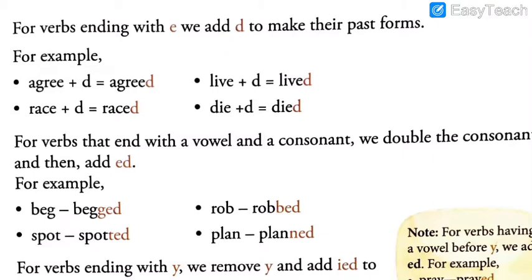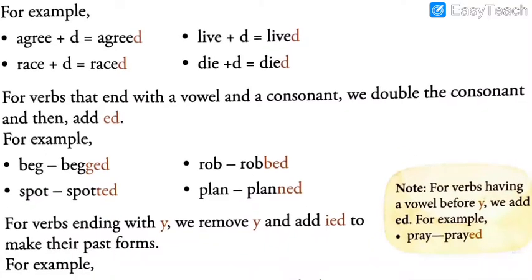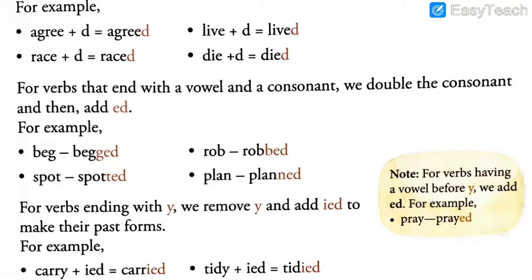But what about the other verbs? Is it necessary that all the verbs will end with E? No. There are lots of actions, uncountable actions. So what is a verb? A verb is an action only. So it is not necessary that all verbs will end with E. So now another example is for the verbs that end with a vowel and a consonant, we double the consonant and then add